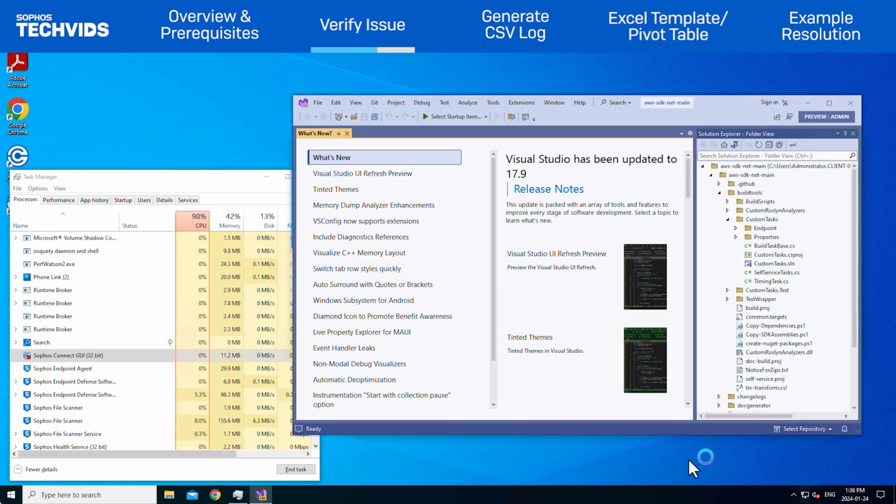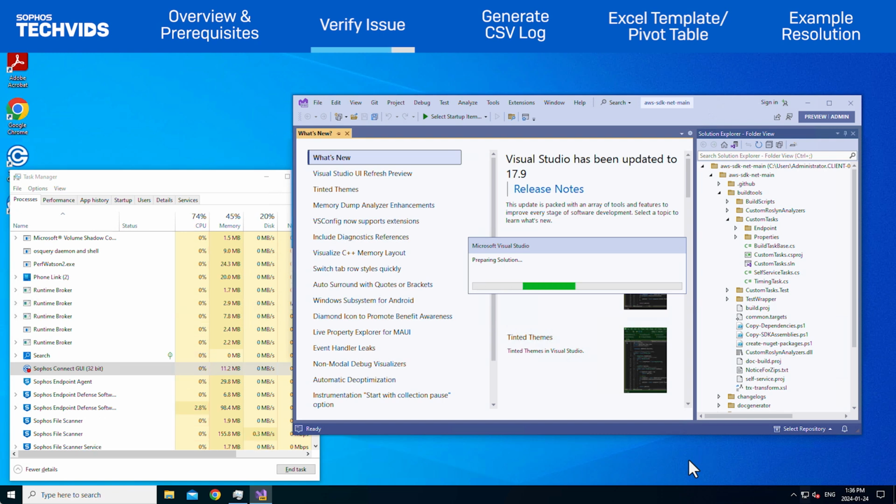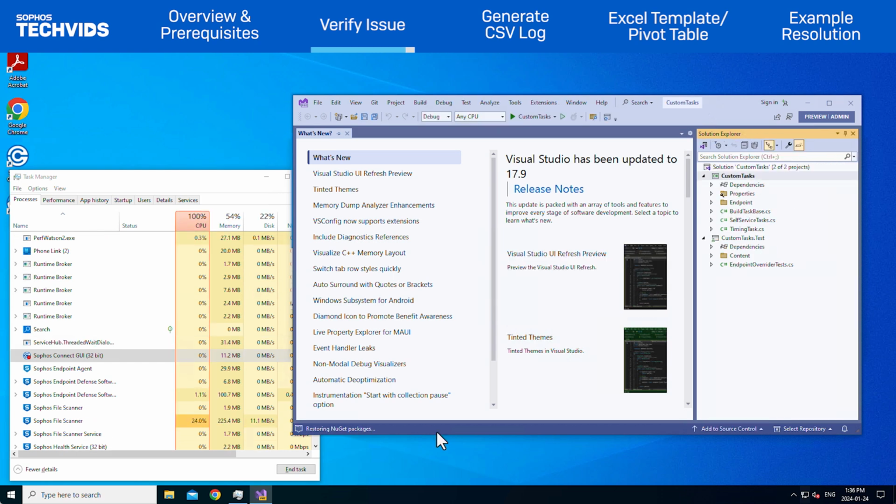While this is expected, as Sophos File Scanner is doing its job, for trusted or commonly used apps, this can be inefficient and may even limit your ability to use the app properly. To verify what to exclude, I'll proceed in gathering logs to see what is specifically being scanned.